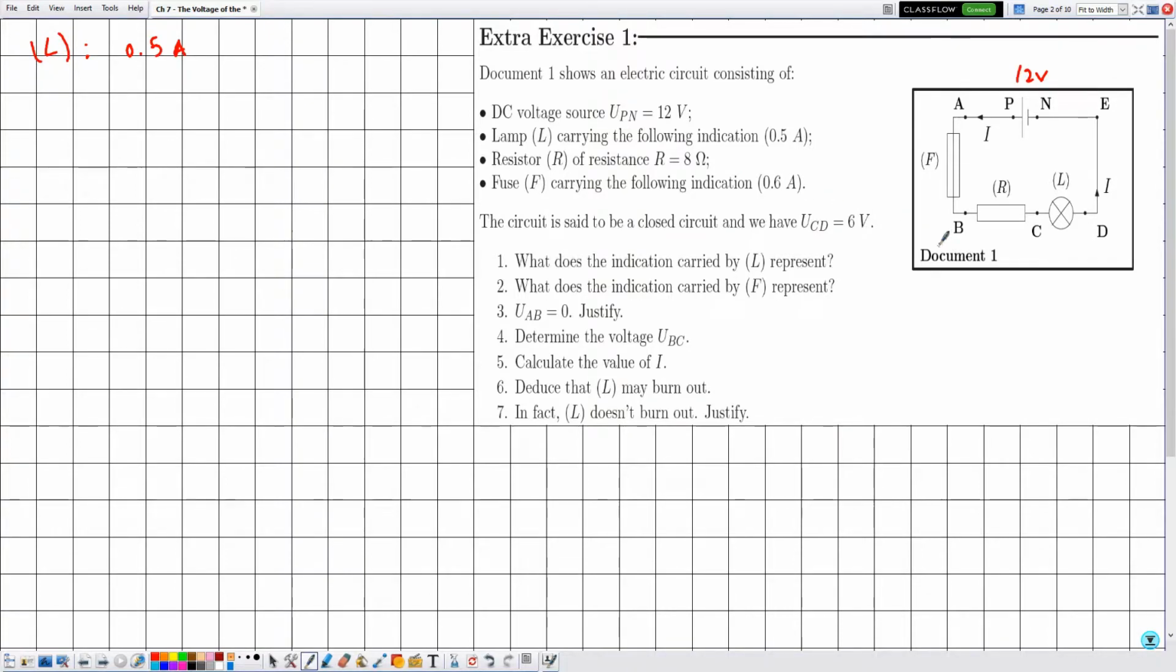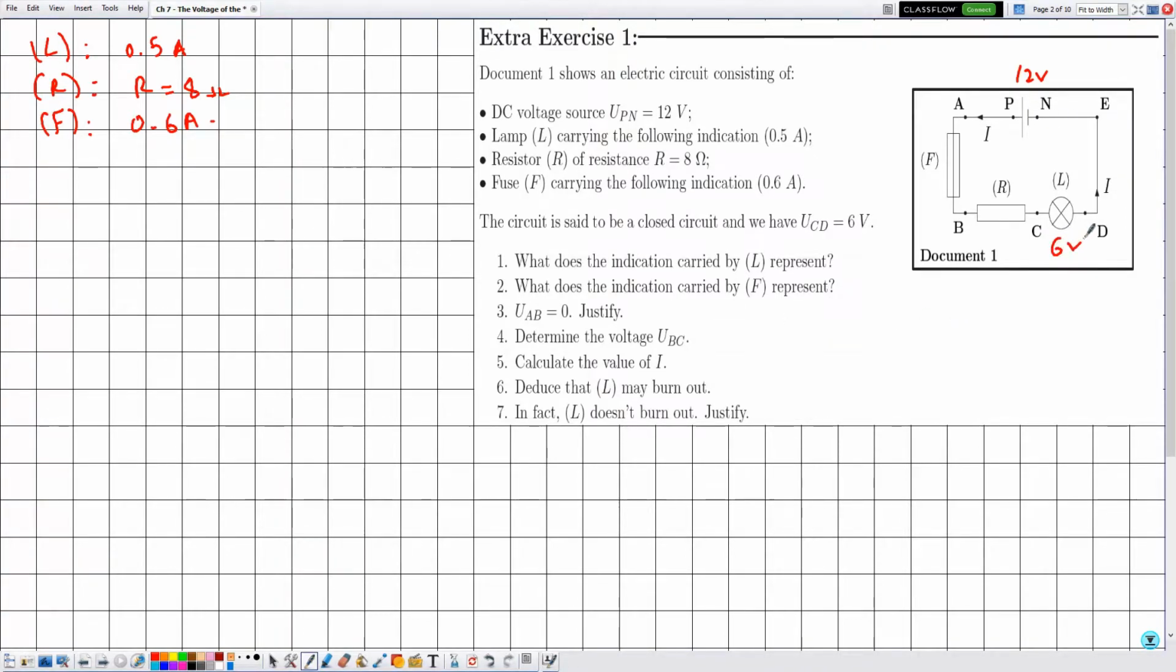Now notice that I didn't label this current on the circuit because we don't know yet if the lamp is functioning normally. We have the resistance R equal to 8 ohms. The fuse F carries the following indication: 0.6 amperes. Now the circuit is said to be a closed circuit, and we have that the voltage UCD is given by